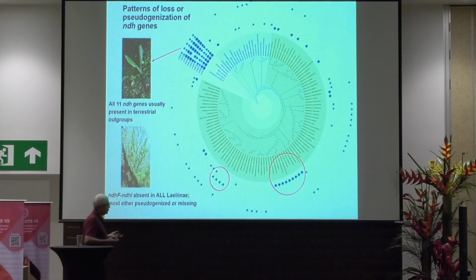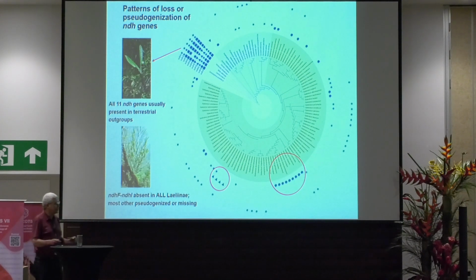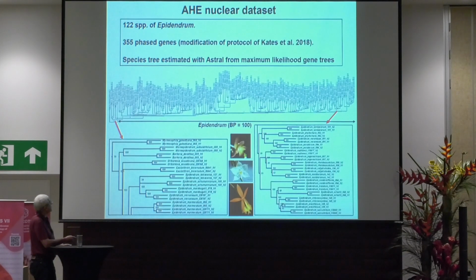Now, we were able to build preliminary phylogenies using the whole genome plastome. We made an effort to check the alignments for the non-coding regions, which is not necessarily trivial. And then we obtained very well resolved trees with relatively high support for many of the clades. And we started using these trees to ask questions about different comparative aspects. For instance, here,